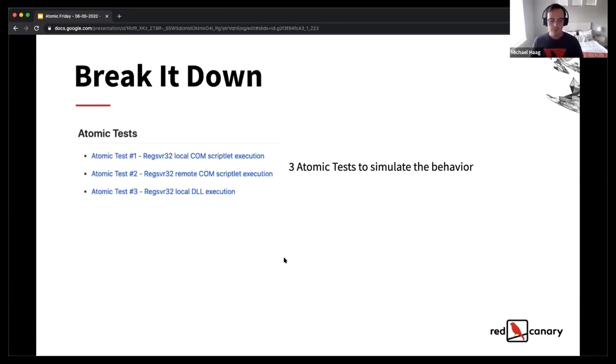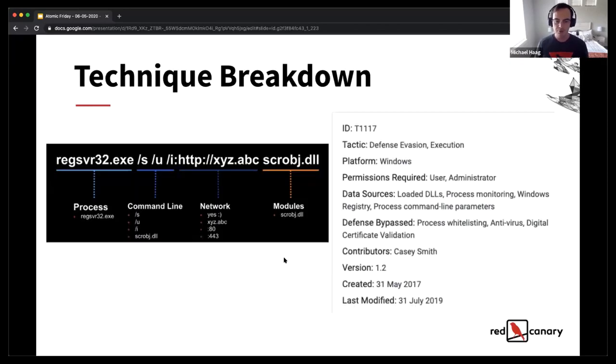So similar to that Regsvr32, we can now simulate that with Invoke-AtomicTest. If you wanted to do Invoke-AtomicTest, I can't remember, T1117, you can just kick off all three of these tests right there. There will be a local DLL execution and a remote download from somewhere else. And so it's real easy to kick these off, simulate that behavior, and then go and build out